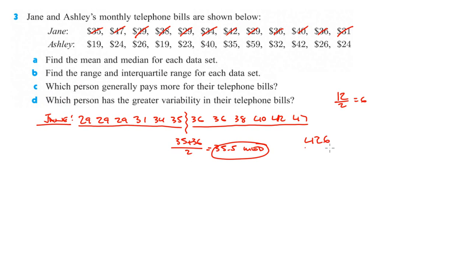So we take 426 and divide it by 12, and we get 35.5. That's our answer. 35.5 is the mean,